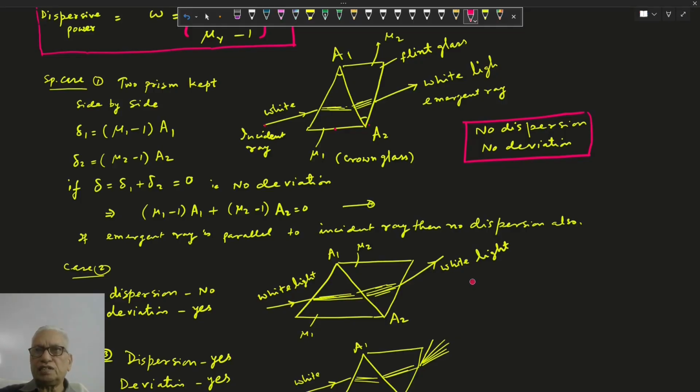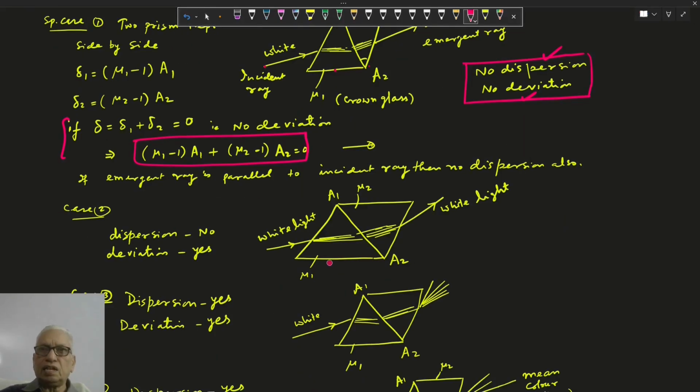If white light is again coming out as white light, it means there is no dispersion, and the incident ray and finally the emergent ray are parallel, so there is no deviation also. This is the condition for no deviation: the two angles together make 0, one is positive and one is negative. This is the condition for no deviation, the emergent ray is parallel to the incident ray. Second case: white light is converted into white light again, so there's no dispersion,